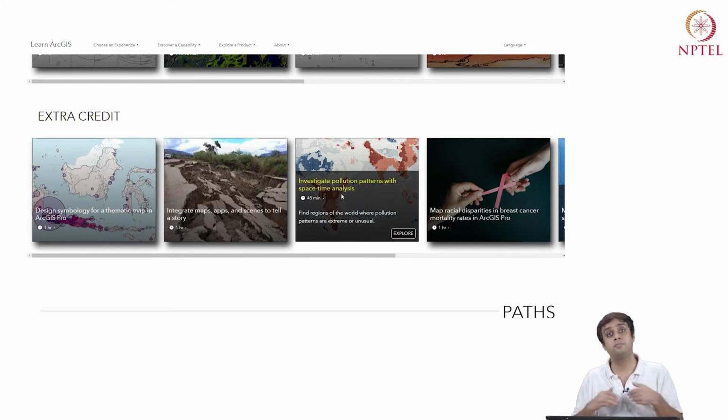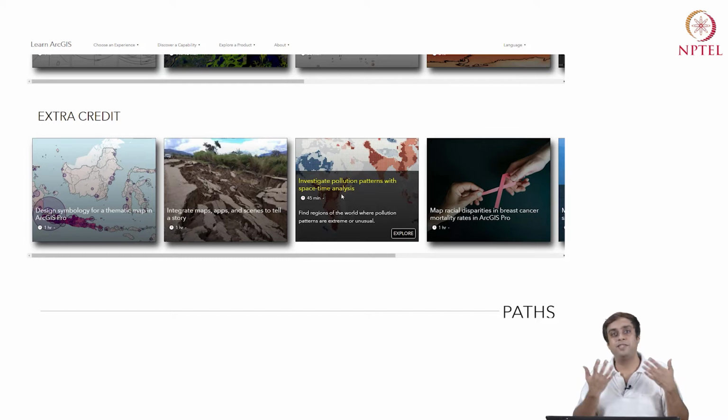There are things like investigate pollution patterns. If you're from Delhi or from India in general, you'll be very interested in investigating pollution patterns for India. Right, and the data are out there. I mean, there is the Central Pollution Control Board, the Delhi Pollution Control Committee. So all these agencies provide us with incredible amounts of data, which can be mapped. They are all mappable data and they can be analyzed using the tools that we have studied in this course. So, all these nice modules can be used and exploited for your own benefit.